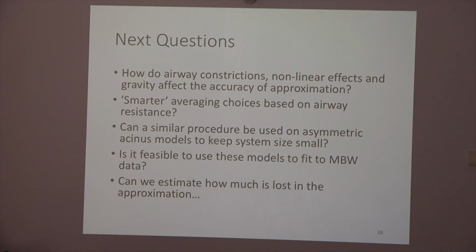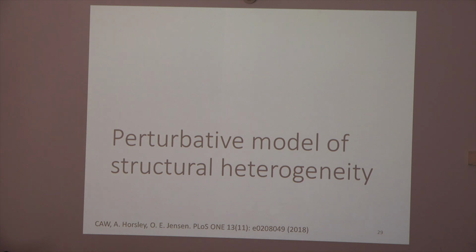And the final question there is, can we estimate how much is lost by making these approximations? Obviously, we showed before how much information we're losing on a case-by-case basis, but that involves simulating the full case every time, and ideally we don't want to do that in the end. So this ties back to the work I actually did first, chronologically speaking, which was a perturbative method, a model of heterogeneity. So this is looking at starting with those symmetric trees, where all the branching is the